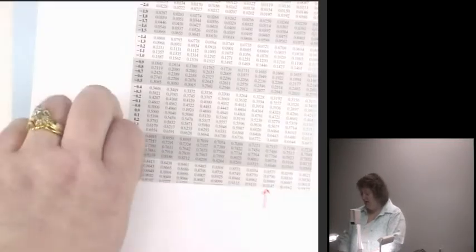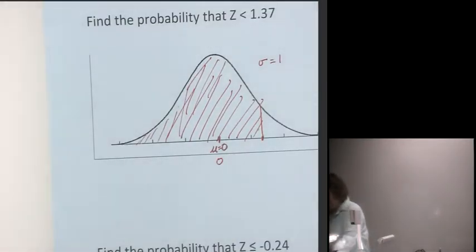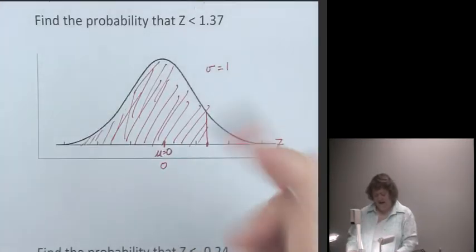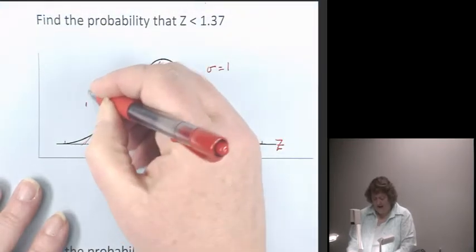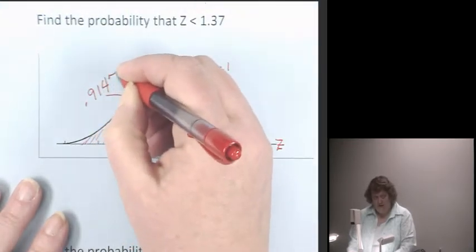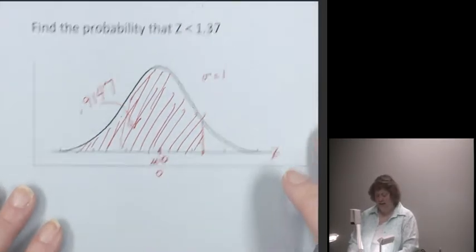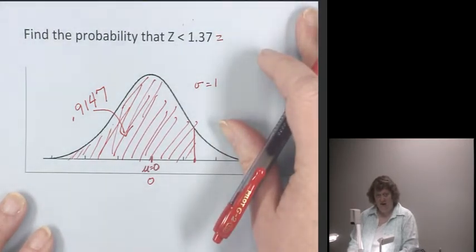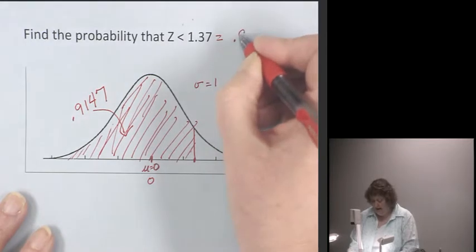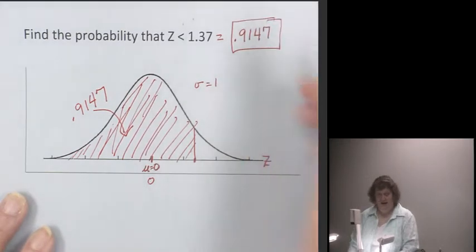0.9147. Now what does that number tell me? Again, because the chart tells me that it's the area shaded to the left. So what that tells me is it's this area right here is 0.9147. So since that area is the shaded part in the area I'm looking for, the probability that Z is less than 1.37 is 0.9147,